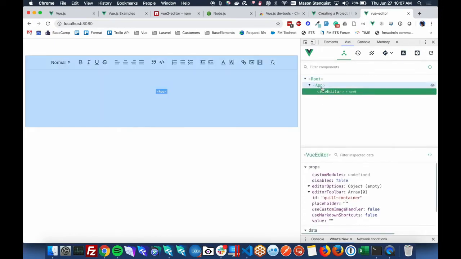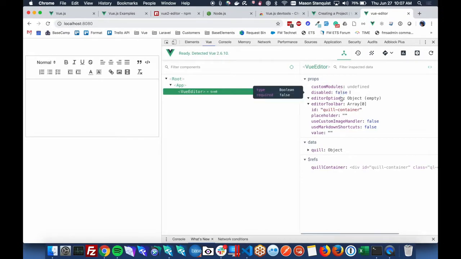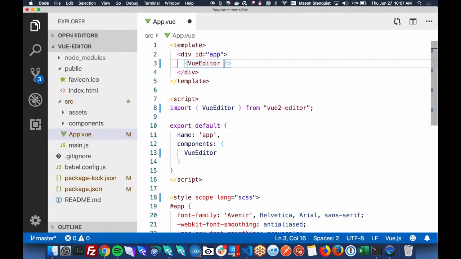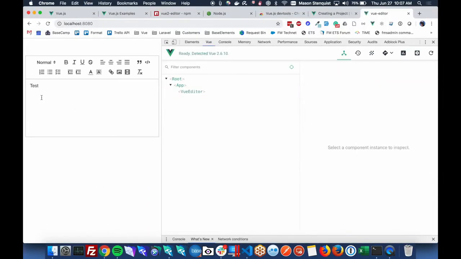And you'll notice it shows up just like any other component would, but it does have a few properties that come with it. So does it have any custom modules? No, we didn't pass it any. So all of these we could pass to it. If we look at this, we can see value. That might be in placeholder. Those could be some interesting ones we want to pass. So that means up here, we can pass it like this. And that should mean it'll start out with some text, which it does.